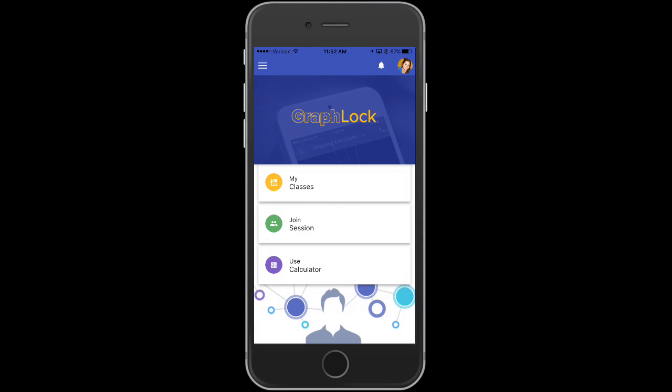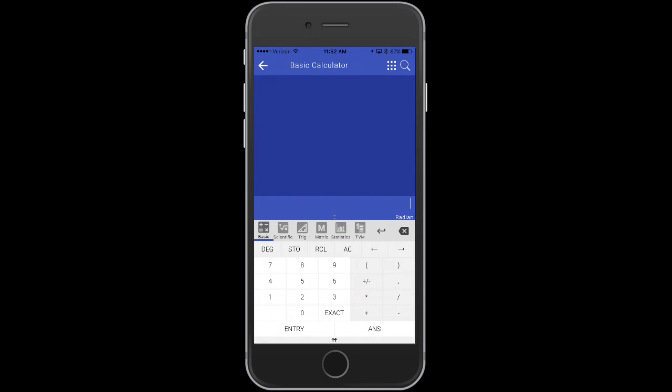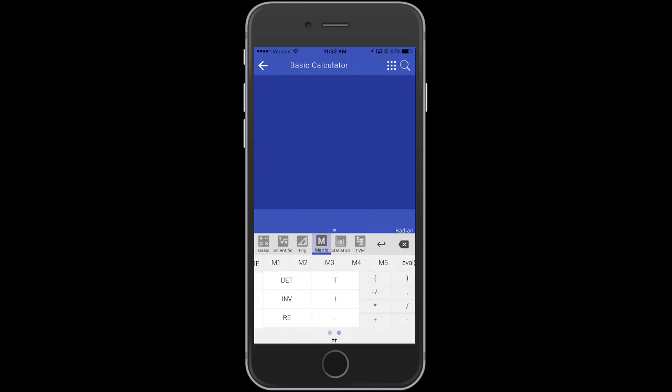Let's look at how to get started with using matrices on the GraphLock app. So first, I'll click Use Calculator, then tap anywhere on the screen to make the menu go away. You'll find the Matrix tab located right between the trig and the statistics. And notice if you tap it, you can actually swipe right and left to find the different features you need